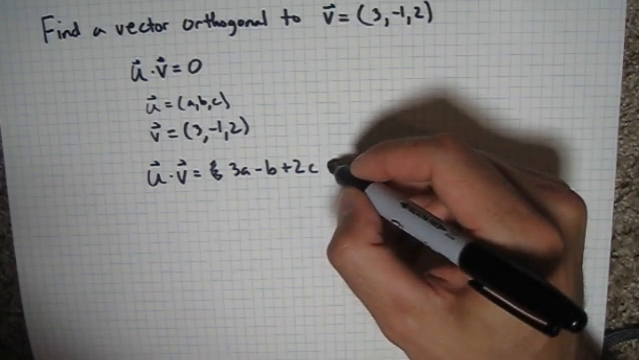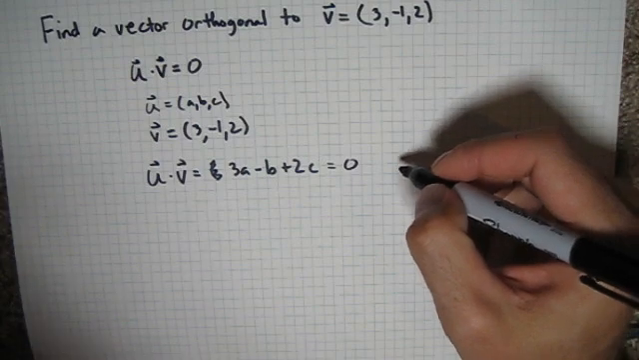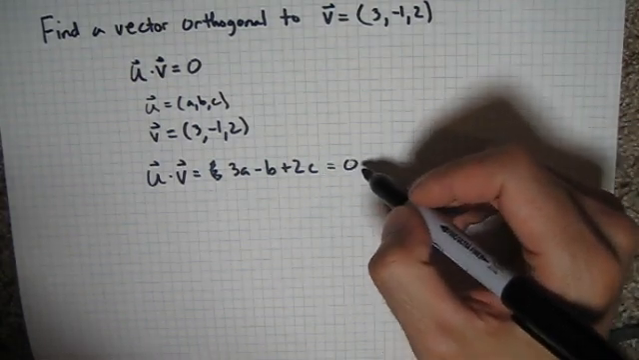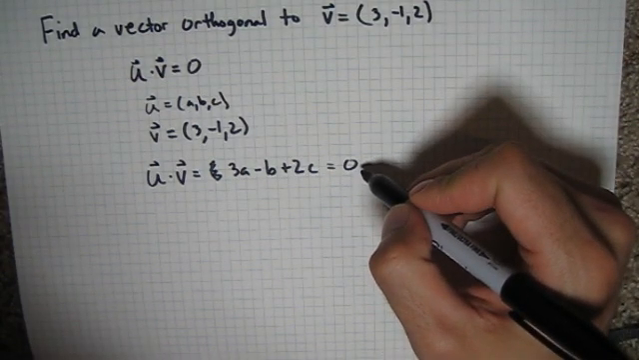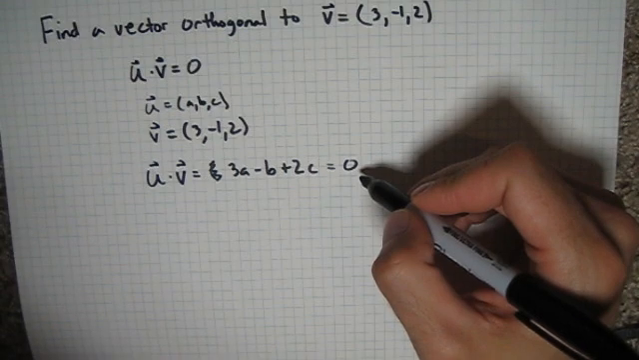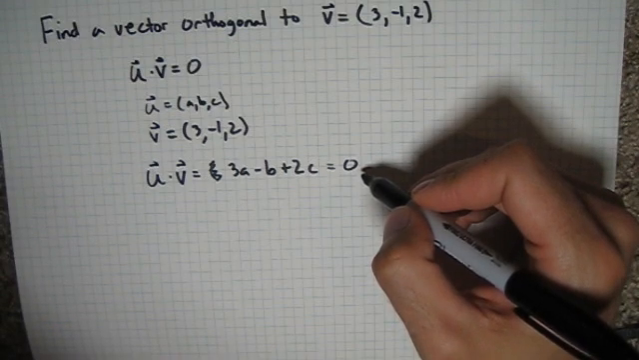If they're going to be perpendicular, if they're going to be orthogonal, it's going to equal 0. We know that 3a minus b plus 2c has to equal 0. And there's an infinite number of ways for that to happen. And that kind of makes sense because